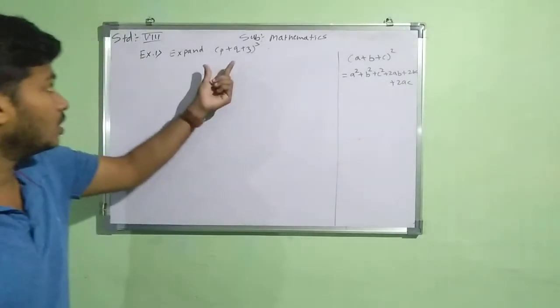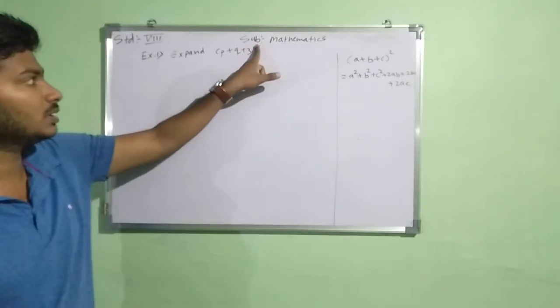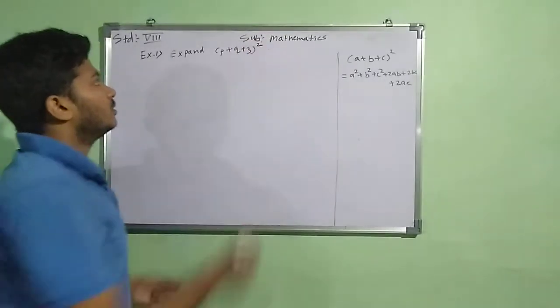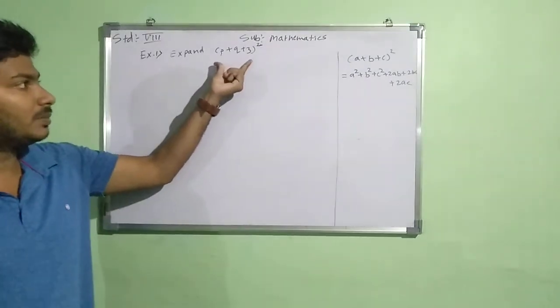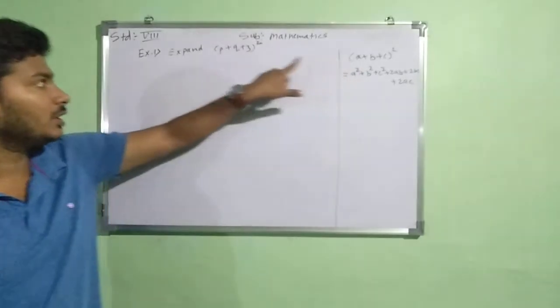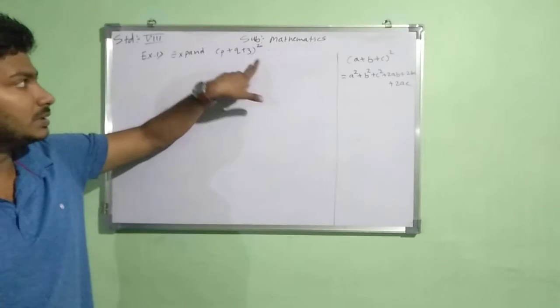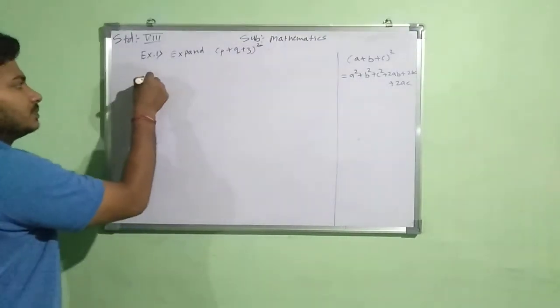Okay. Now if you look at our example, which is (p + q + 3) whole square. So we have to find the expansion. That means the question is to expand that term. Now we can compare that example with our formula, and the value of a will be p, value of b will be q, and the value of c will be 3. Similarly, we have to substitute all the values in our formula so that we will get the expansion.